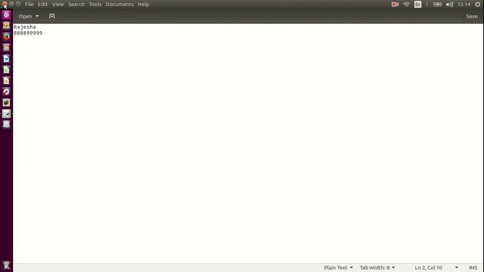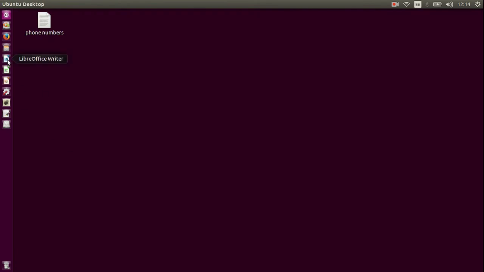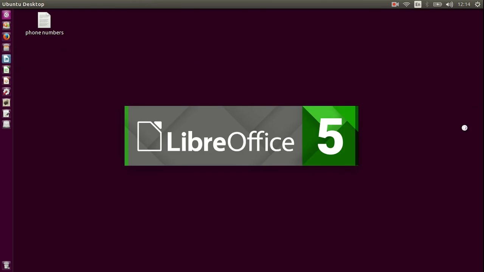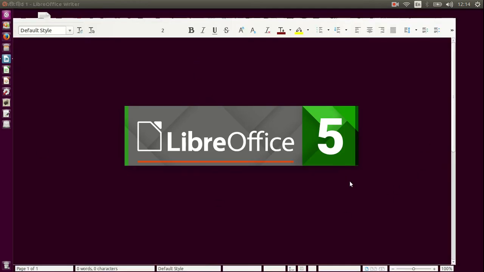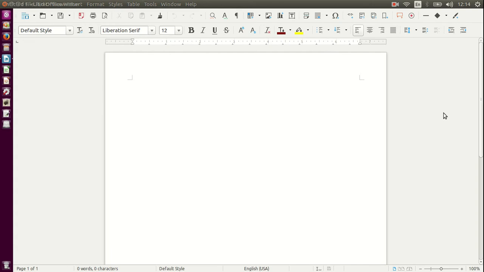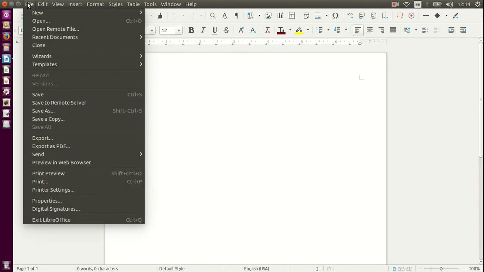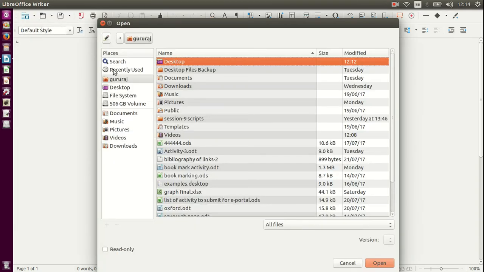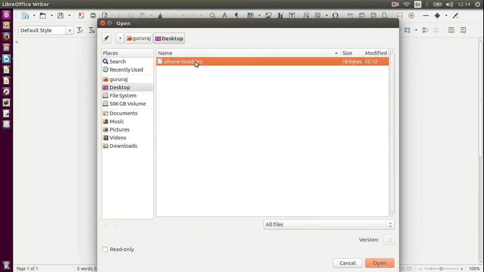So let me demonstrate another way of opening it. Let me close this. Let me launch LibreOffice Writer. We will learn more about the software later, but let me launch this software called LibreOffice Writer. It's opened a particular format, and this is not a simple text editor. It has higher capacities than a simple text editor. So let me click on File, Open, and from my desktop I choose phone numbers,